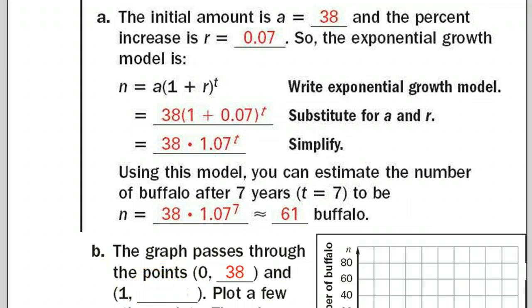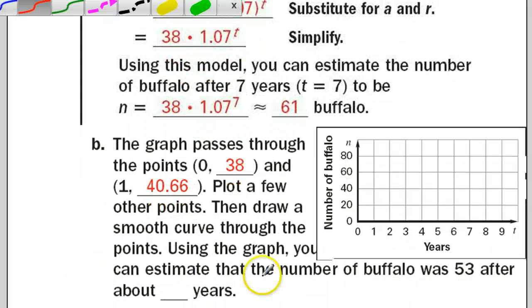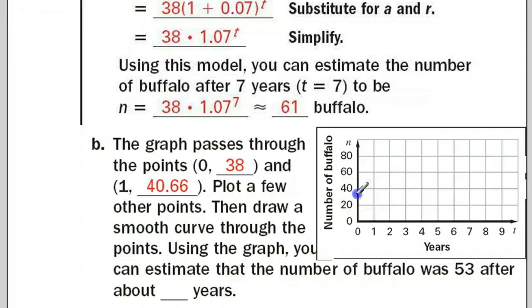So let t be 1, and I know that when I plug in 1 for t, I'm going to get around 41. So then we draw a curve that goes through (0, 38), which is around here, and (1, 41), and it's going to look something like